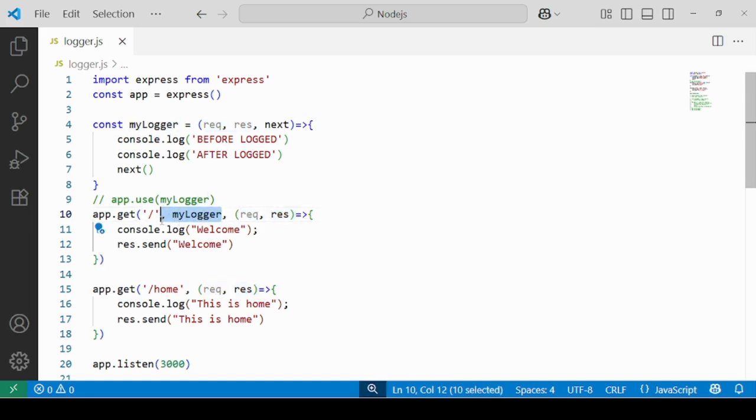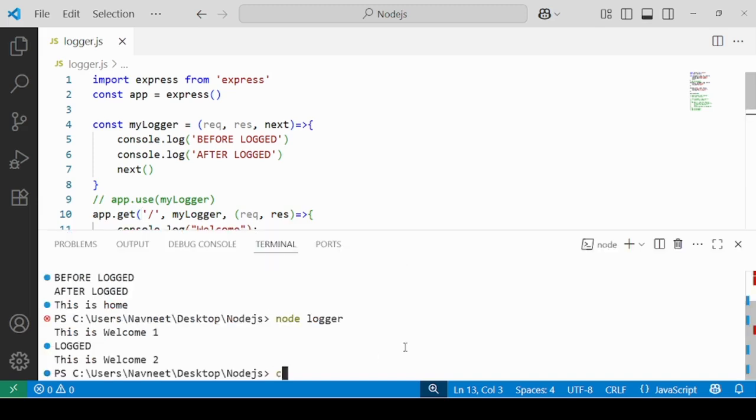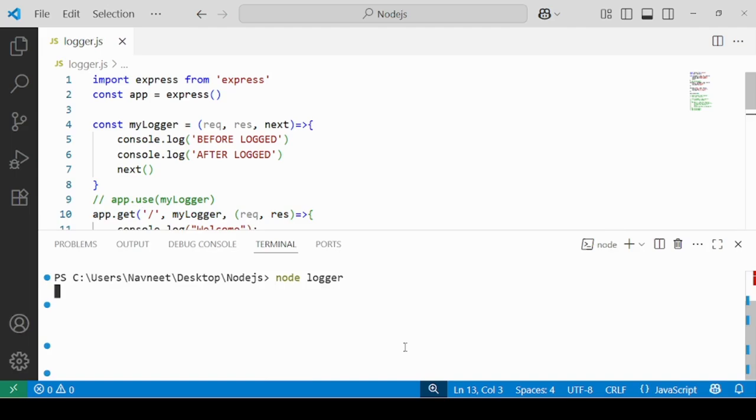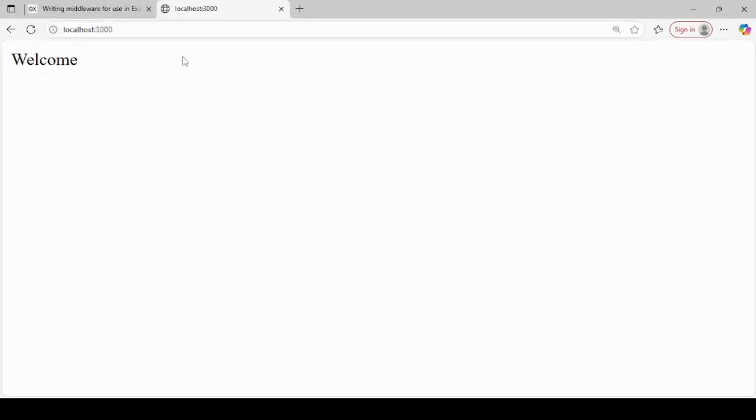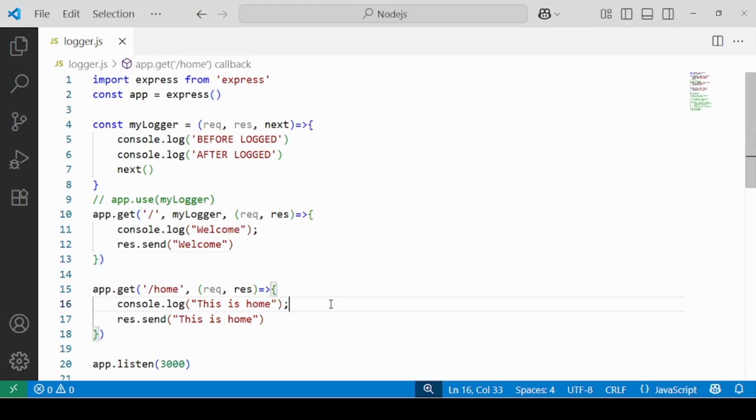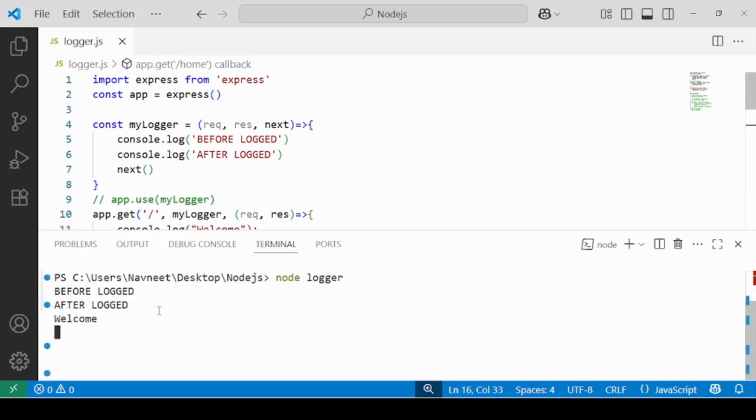Now we have a middleware. Now this is again going to give you the same result. If you want, we can just once again run node logger, go to the browser, 3000, and you get welcome, and you got before logged, after logged, and welcome.